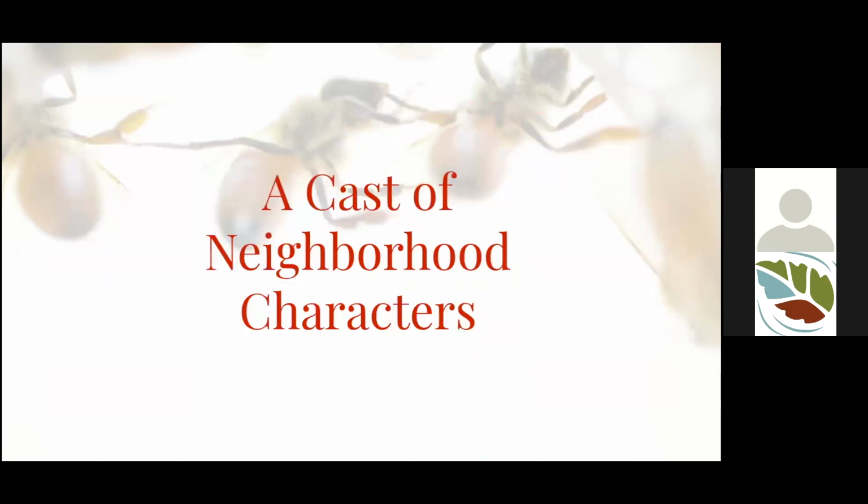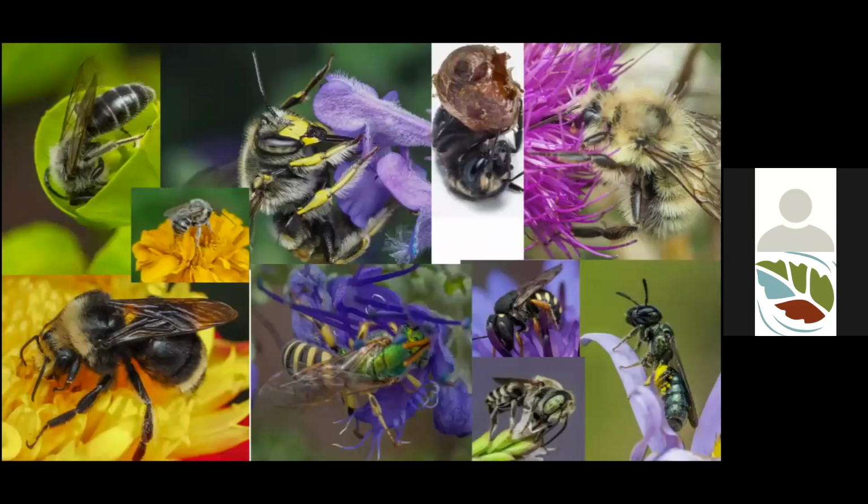All right, so we'll talk about that cast of neighborhood characters, or the critters that you'll see in your backyard and in your neighborhood. These are a few of the ones that we come in contact with quite a bit at Willow Bar Farm. You might notice that there is a great diversity and range of colors, shapes, and sizes. On top of that, they have a lot of different social behaviors and characteristics that make each species incredibly important as a piece of the pollination puzzle and a piece of the ecosystem that they represent.